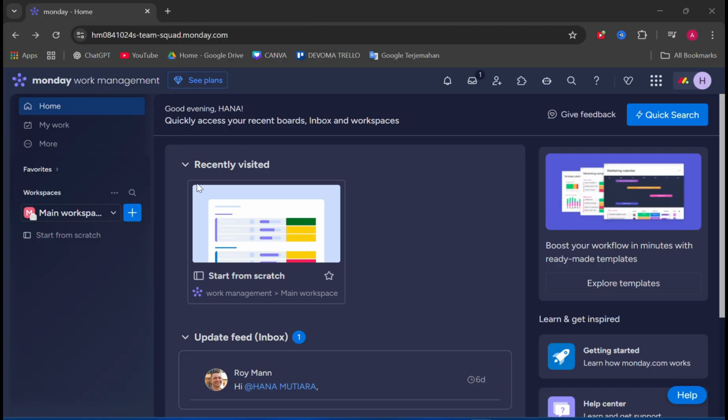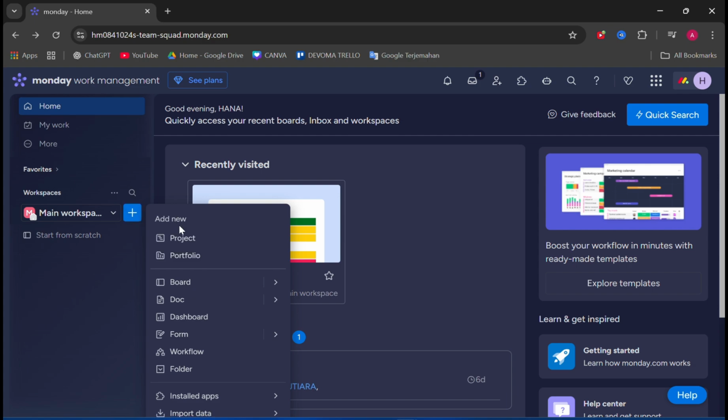So first, you can go to your Monday dashboard and log in. After that, you can go to your live chat here. As you can see, there is main workspace. Then we're going to add an item to the workspace here like this, and then we can choose board for board and then click start with template,